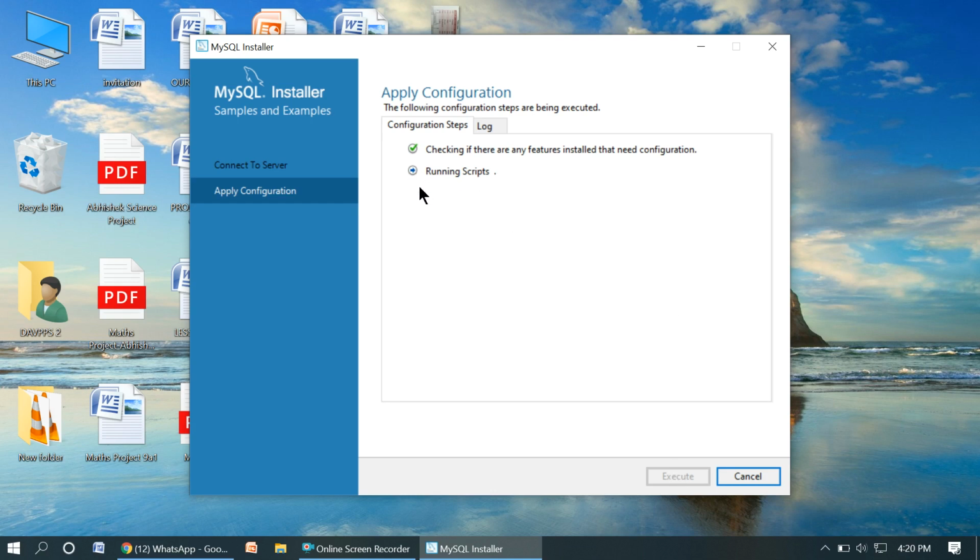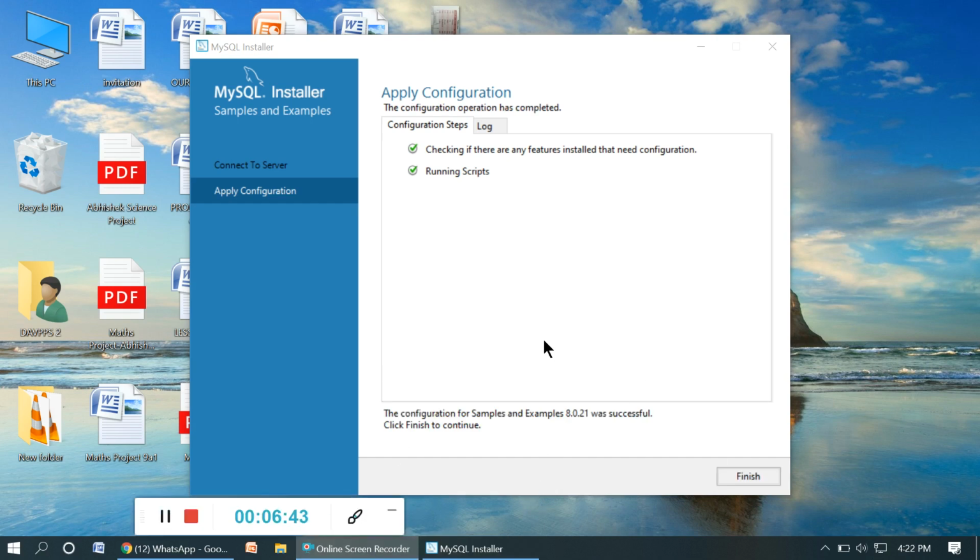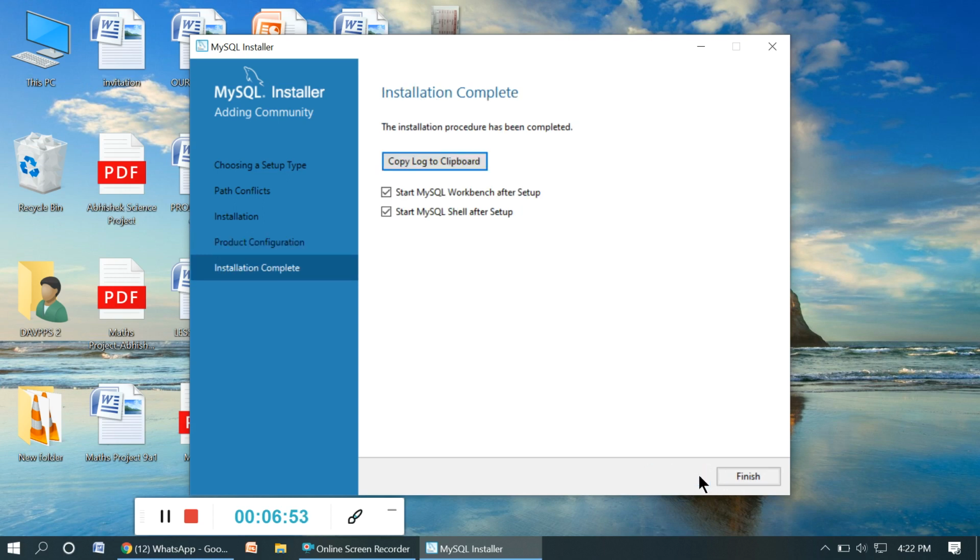After completion of this option, execute will be enabled, and then we will click on finish. Now we can see that on both options the tick has come, and again it has taken 5 minutes. And at last click on finish, again next, and finish.